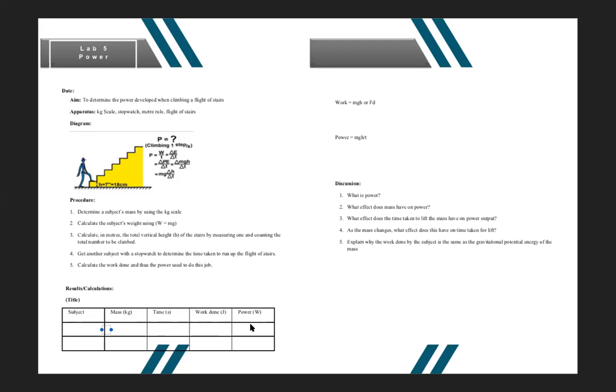But if you look at it, remember that object A ran while object B walked. So we see a little difference right there. If they were moving at the same velocity, or climbing the steps at the same speed, then object B would have exerted more power because that person is heavier than object A. But the fact is that